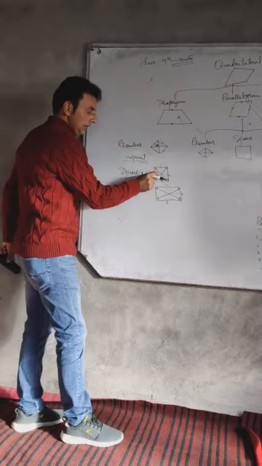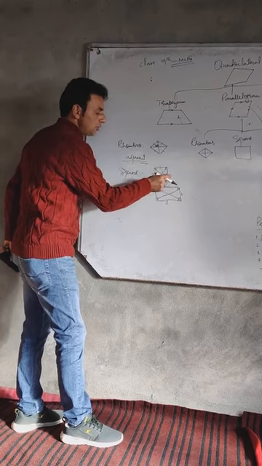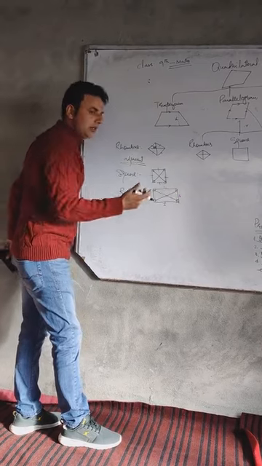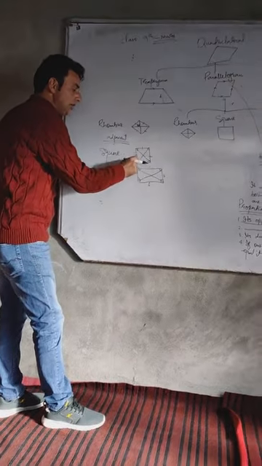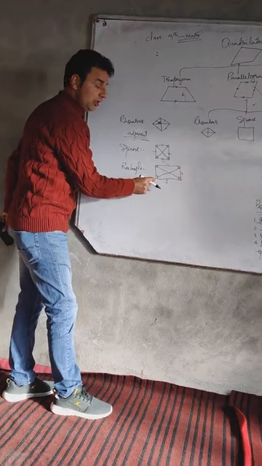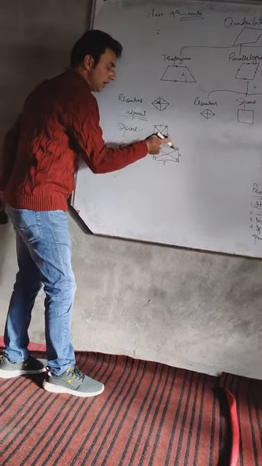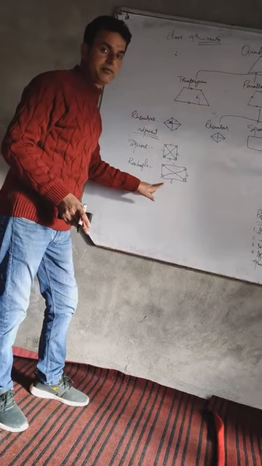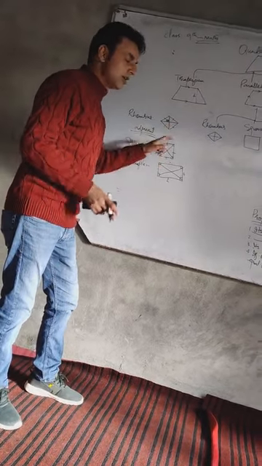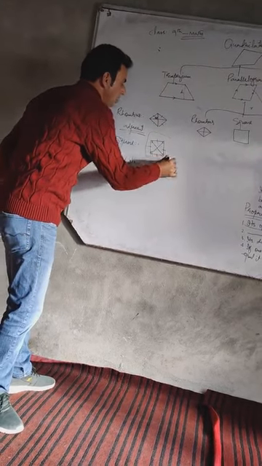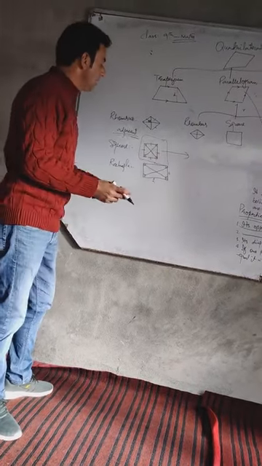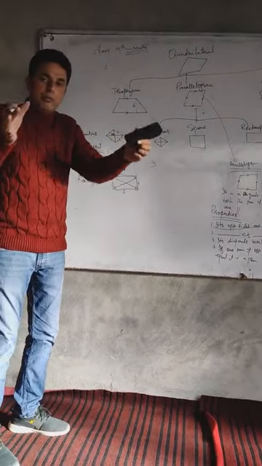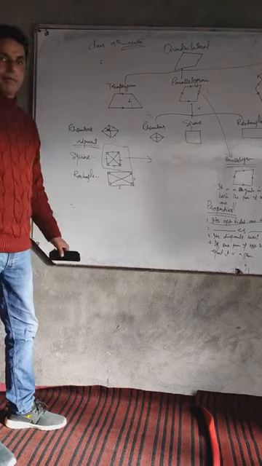See now, in the square, are opposite sides equal? Yes. In the rectangle, are opposite sides equal? Yes. In the square, each angle is 90 degrees, which is here also. In the square, diagonals are equal, which is here also. So every square is a rectangle. Every square is a rhombus. This square is a special parallelogram because it is a rhombus as well as a rectangle, because it satisfies all the properties of both types of parallelograms.